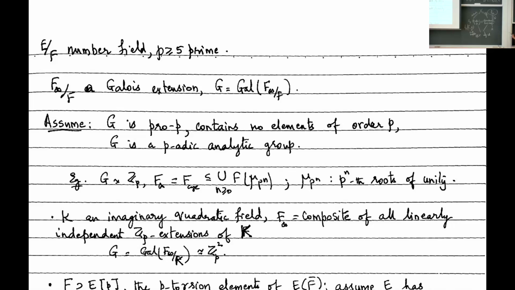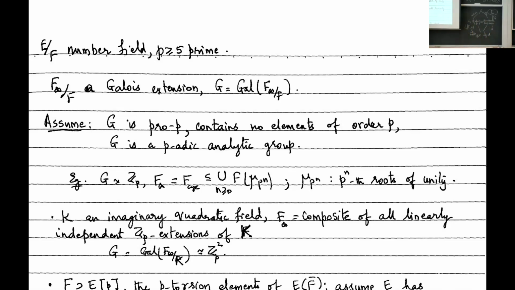Okay, so then K infinity is the composite of both of these, and this Galois group G here is isomorphic to two copies of Zp. So it is Zp squared. So now inside this, of course, because these are linearly disjoint, in principle there are lots of other Zp extensions. Okay, here's another example